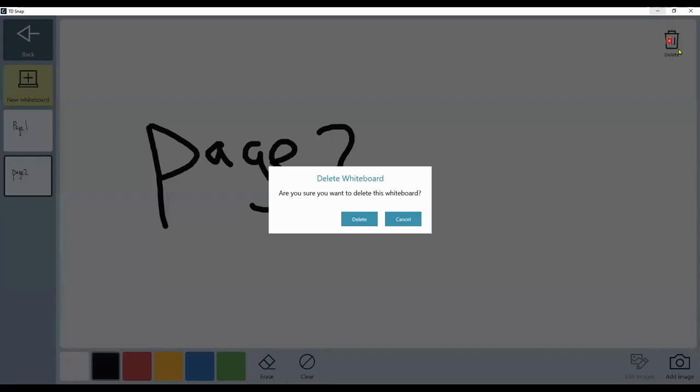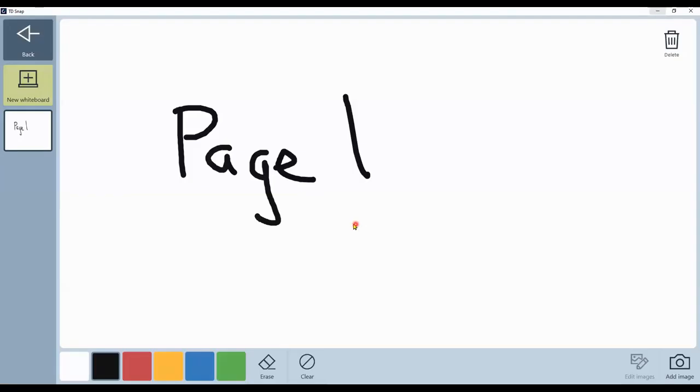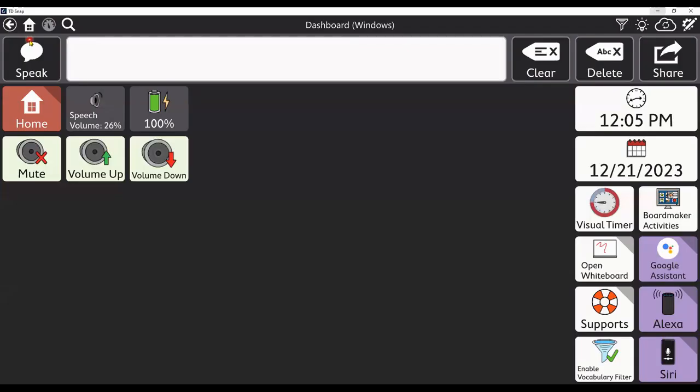You can also delete up in the upper left corner by hitting the trash can if you want to delete the entire page. You can also add an image to the picture by selecting the Add Image. To get back to our dashboard, you're going to select the back button in the upper left corner.